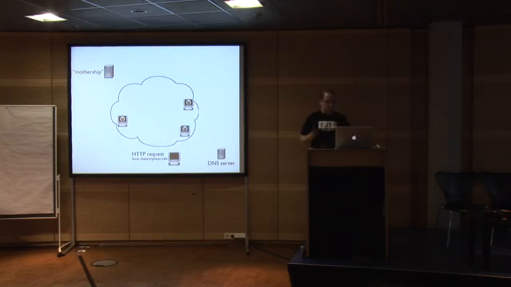Then if the machine does the same request some minutes later, when the TTL has expired, the fastflux network itself has changed. Some machines went offline, some machines came up, effectively because those are just infected machines. The attacker doesn't have any guarantee that one of the machines will stay online, because the user of the infected machine can just turn it down or something like that. So the machine does a DNS lookup again. This time it obtains another IP address. It sends the request again. The request is relayed back to the mothership. From there, content is sent again to the fastflux agent, back to the user and displayed.